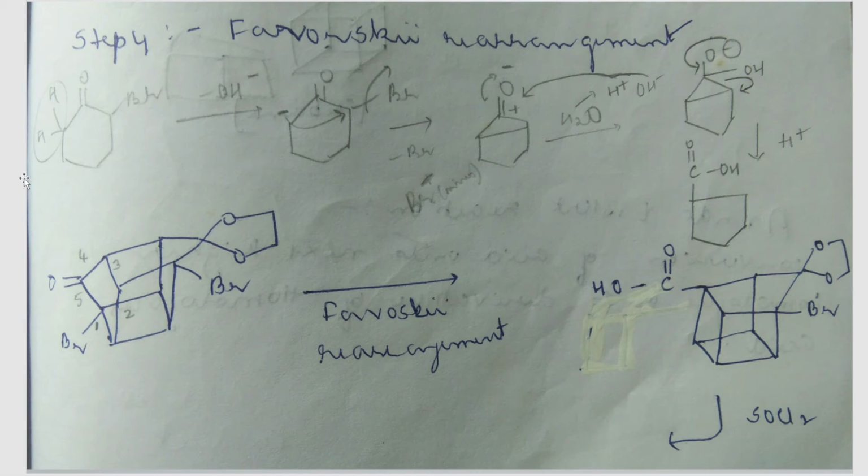So once again, what are we doing here? Firstly, there's removal of hydrogen from one of the carbons. So that carbon will get a negative charge because hydrogen goes out as H plus. And from the opposite direction, bromine goes out as Br minus. So this carbon will get a plus charge. Next, there's a formation of the bond here. Now we want this to be a five-membered ring. So what we'll do, this carbonyl group is there in the top. We will shift this bond onto oxygen. So oxygen will get a minus charge and this carbon will get a plus charge.